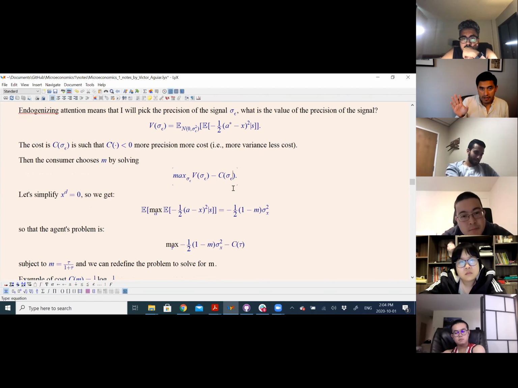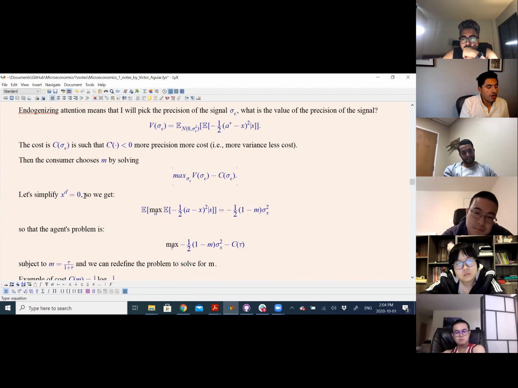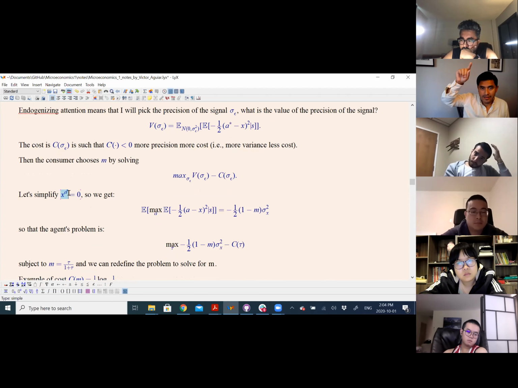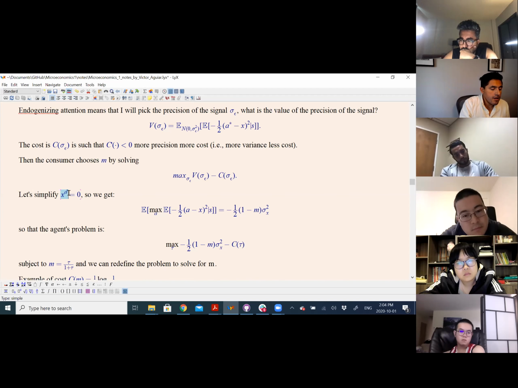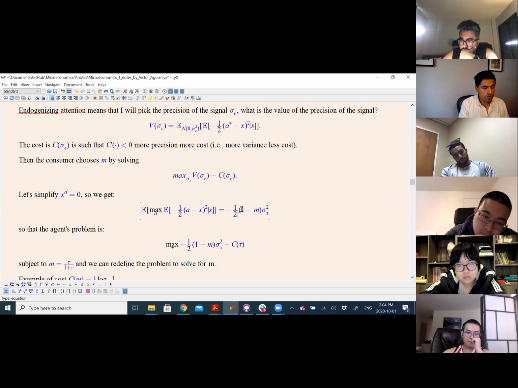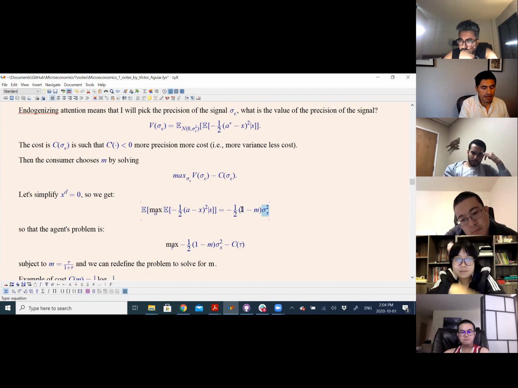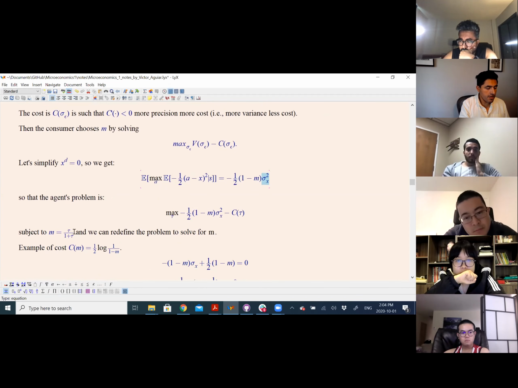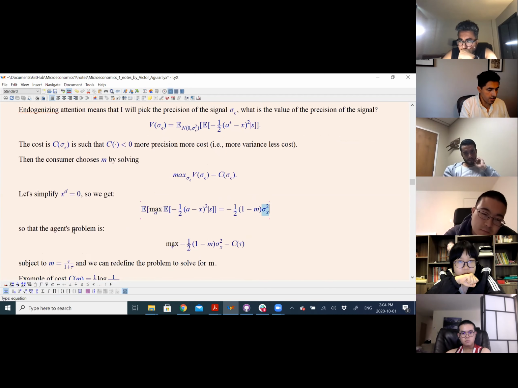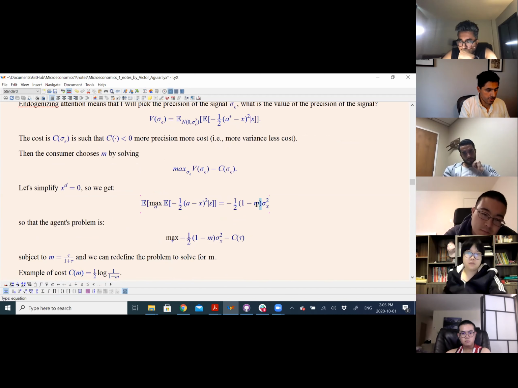Okay. So let's simplify the problem so we understand what's happening. So we were dealing with the x_d at some value. Now fix x_d to 0. Okay, so the signal is centered at 0, just to simplify. Now, if I do that, then it turns out that this value of sigma epsilon is going to be 1 over 2, 1 over m, sigma x squared. Where m, remember, was this variable that we already used before, right? So m is this sigma x or sigma epsilon. So of course, m depends on sigma epsilon.